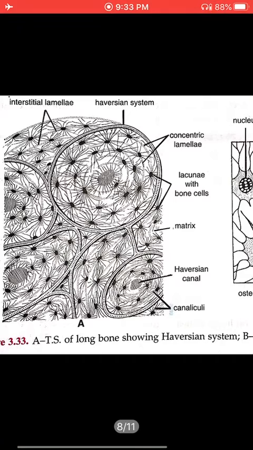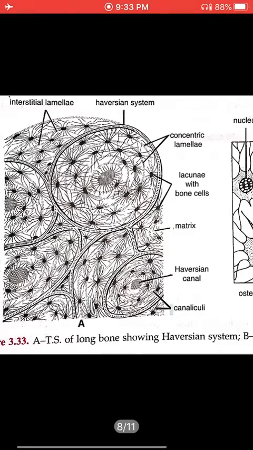Now, what is the function of bones? The function of the bone is to provide shape to the body and skeletal support, and it protects organs like the brain and lungs. It also stores calcium and phosphate in itself. Together with this, we can say it anchors the cells as well. So these are the functions of the bone.